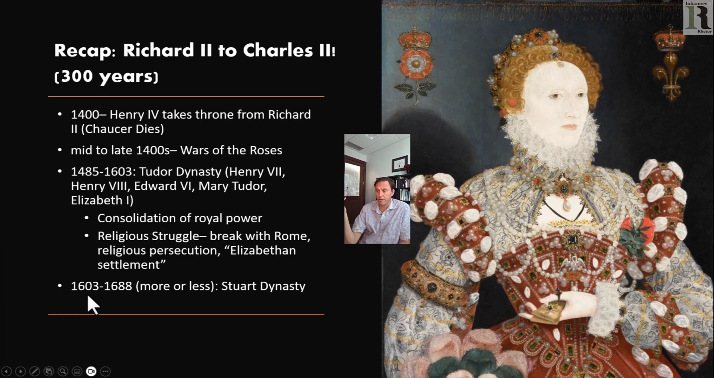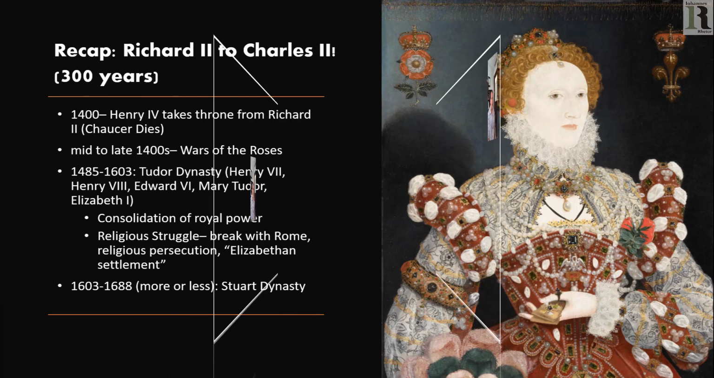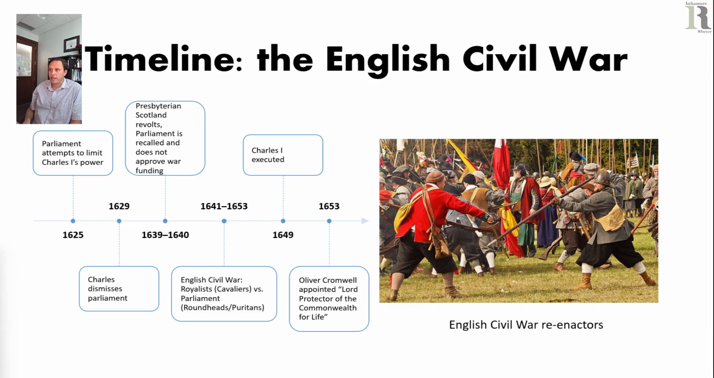And then from 1603, you have, with an important break in the middle, the Stuart dynasty of the various Jameses and Charleses. So, zooming in a little bit, let's look at the English Civil War briefly. In 1625, Parliament had attempted to limit Charles I's power. Charles I was like, I want to be like a French king where they can just do whatever they want. English kings traditionally had less power than French kings, and he tried to dismiss Parliament, but unfortunately he couldn't raise